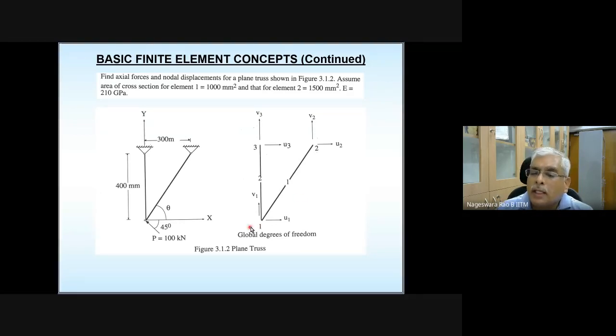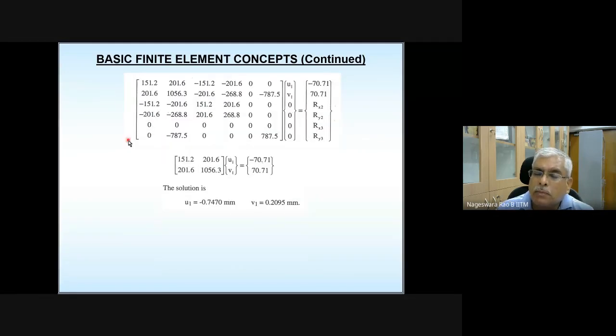So in that particular case, only one node is going to be free to move. So the reduced equation system is going to be 2 by 2. In that case, assembling this big matrix is not going to make sense. You can directly write the reduced equation system if you intelligently number the nodes.